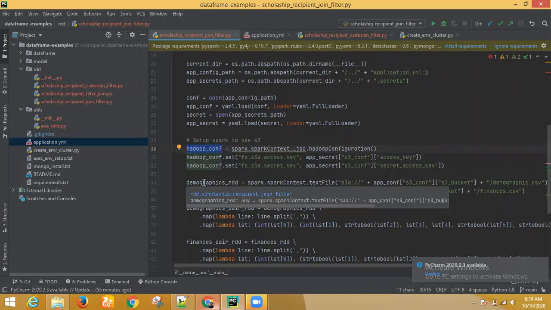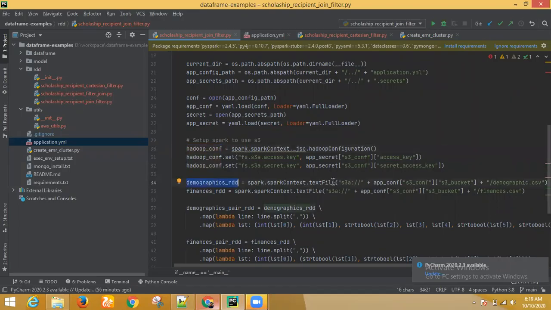Similarly, you are saying demographicsRDD is equal to spark.sparkContext.textFile. So how do we read a file as an RDD? We simply mention the Spark context textFile, right? sc.textFile. But here you are using this syntax: spark.sparkContext.textFile. Then inside that you are providing this path. You have to provide this path in this way: